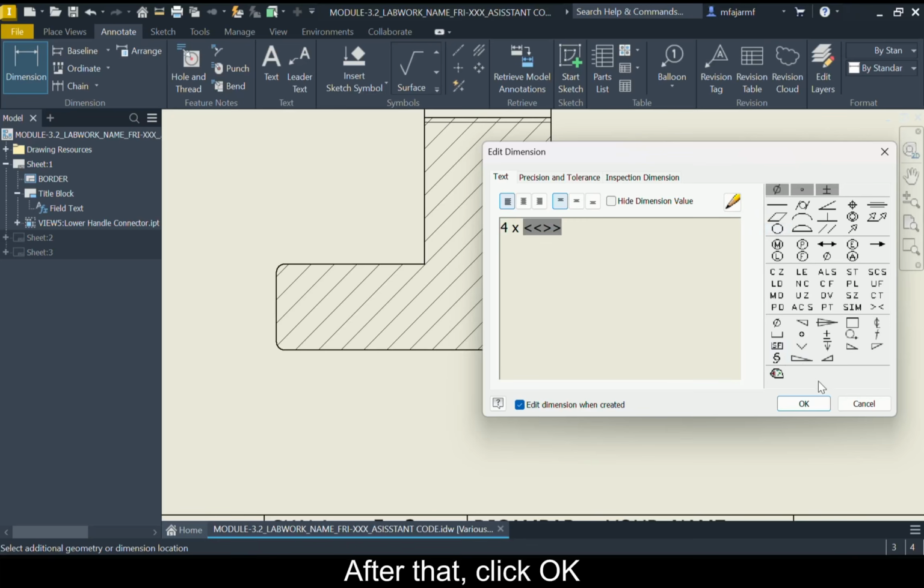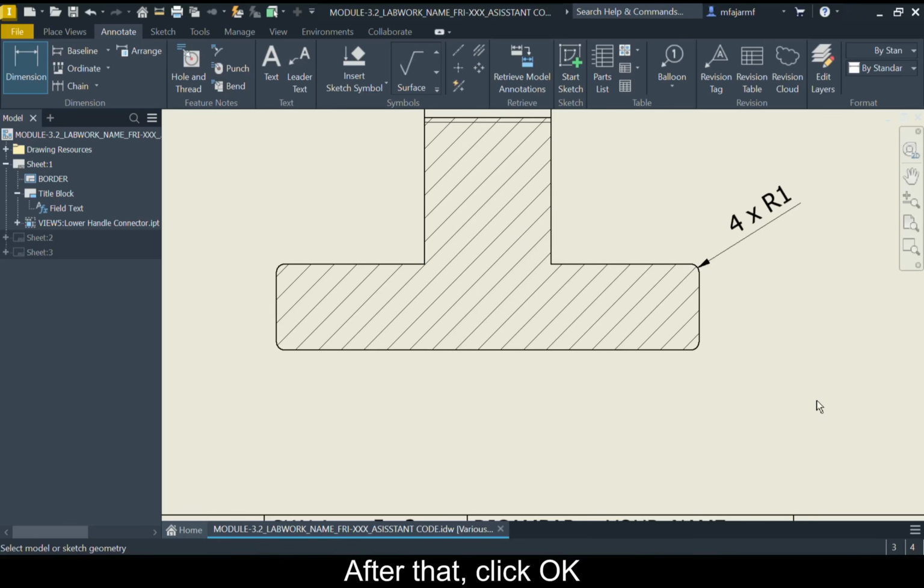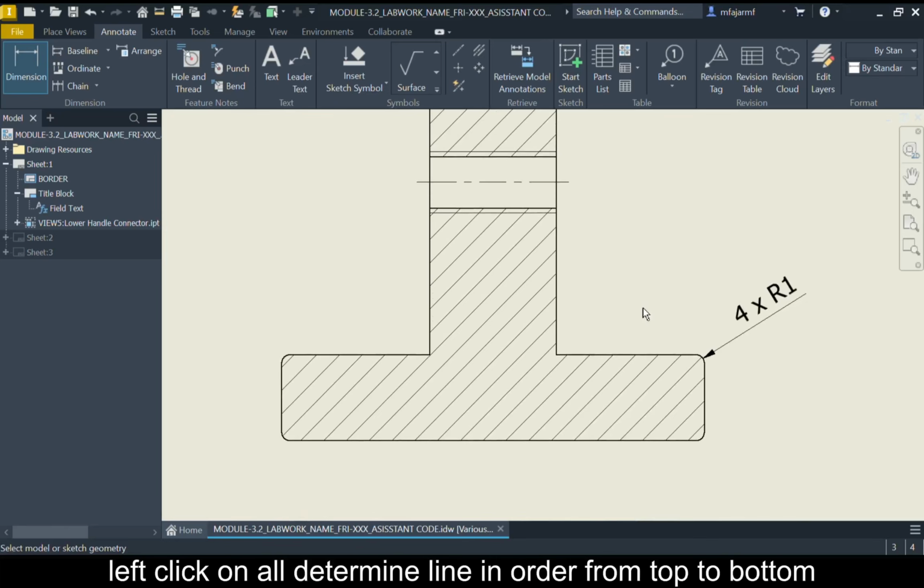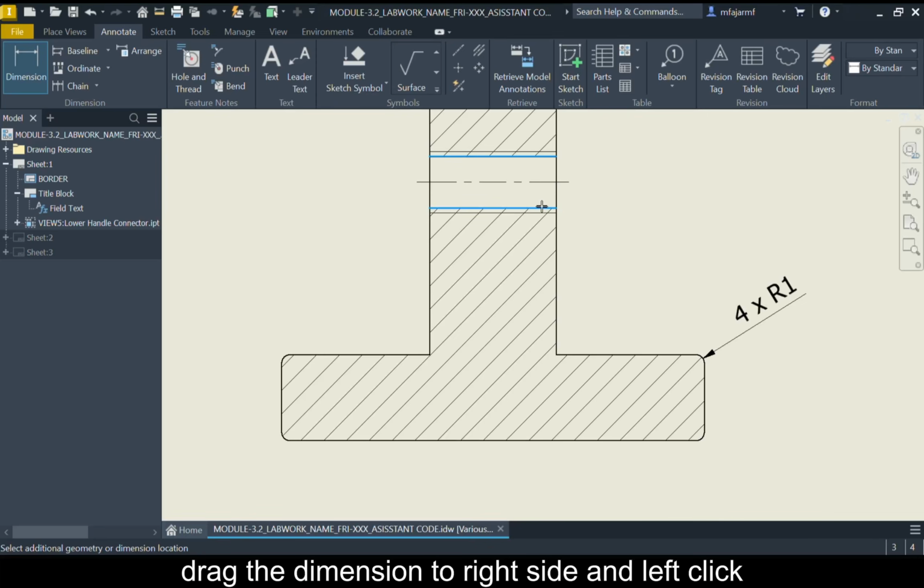After that, click OK. Left-click on all determined lines in order from top to bottom, like this. Drop the dimension to the right side.